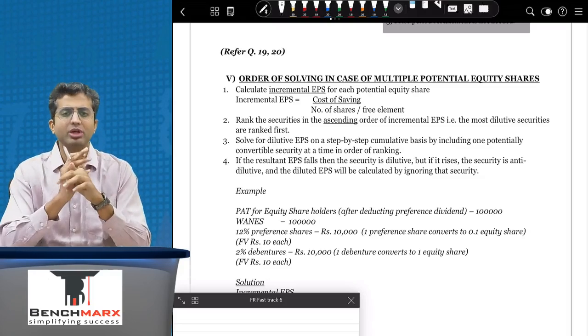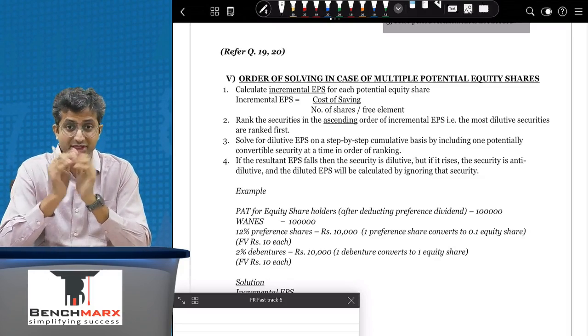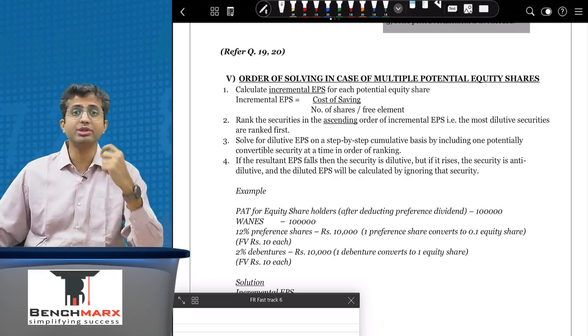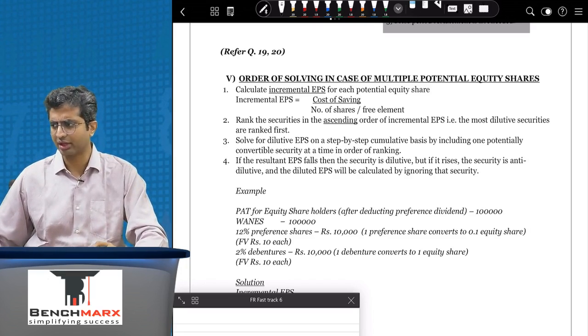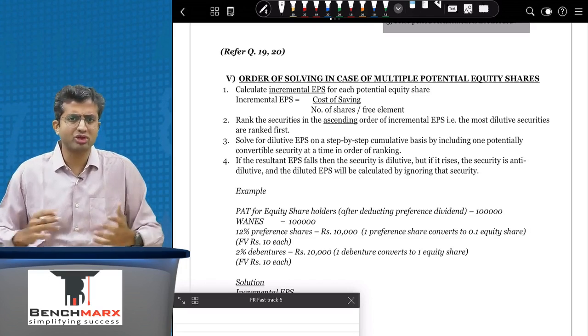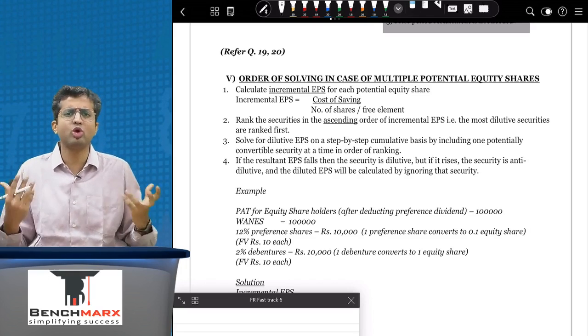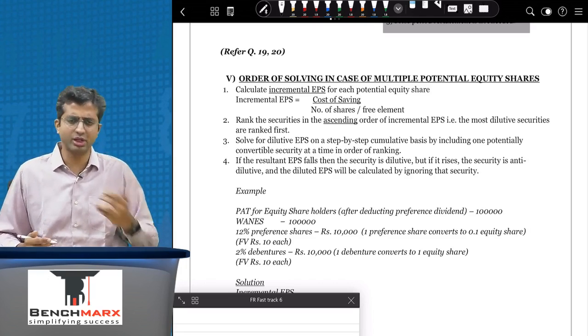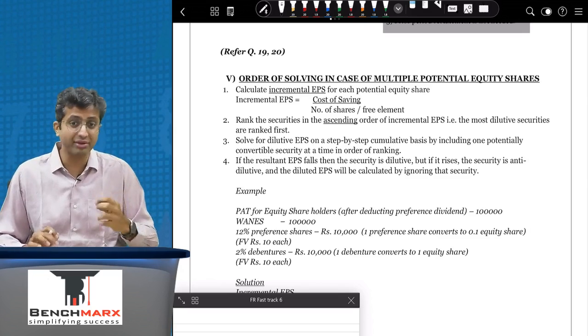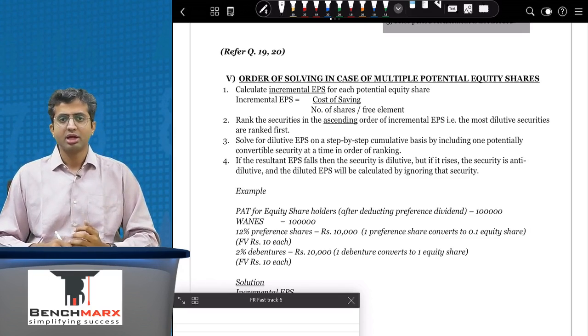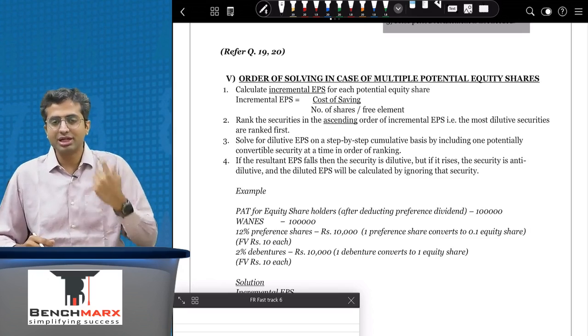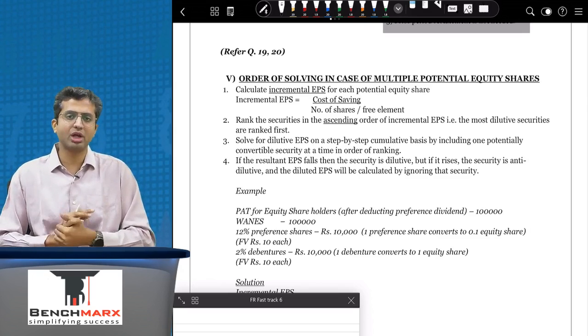So today we would be doing an exam question, that was question number 17, which involves multiple potential equity shares. So if there are multiple potential equity shares, how does it matter? You will include all of them in the EPS calculation. Well, yes, you should. However, in certain cases, what might happen is it might not really give you the correct